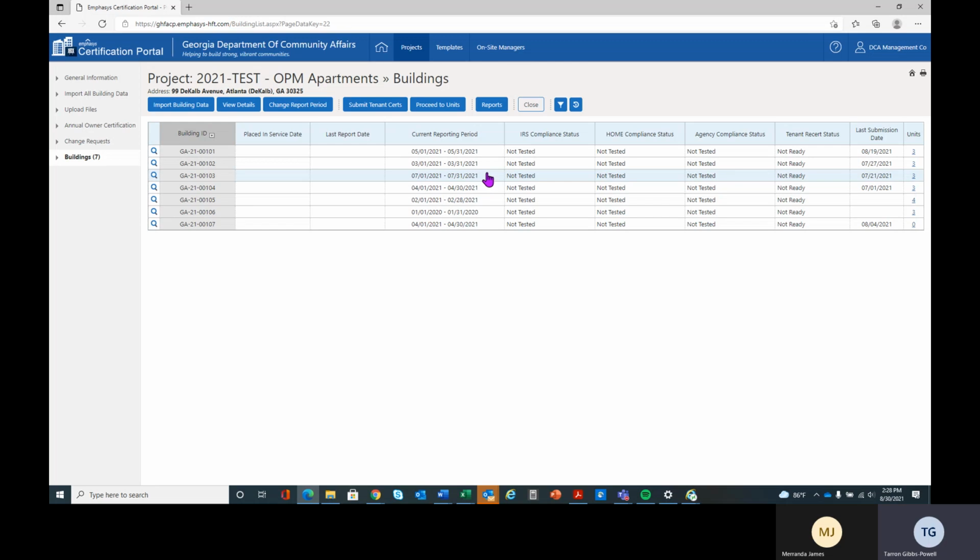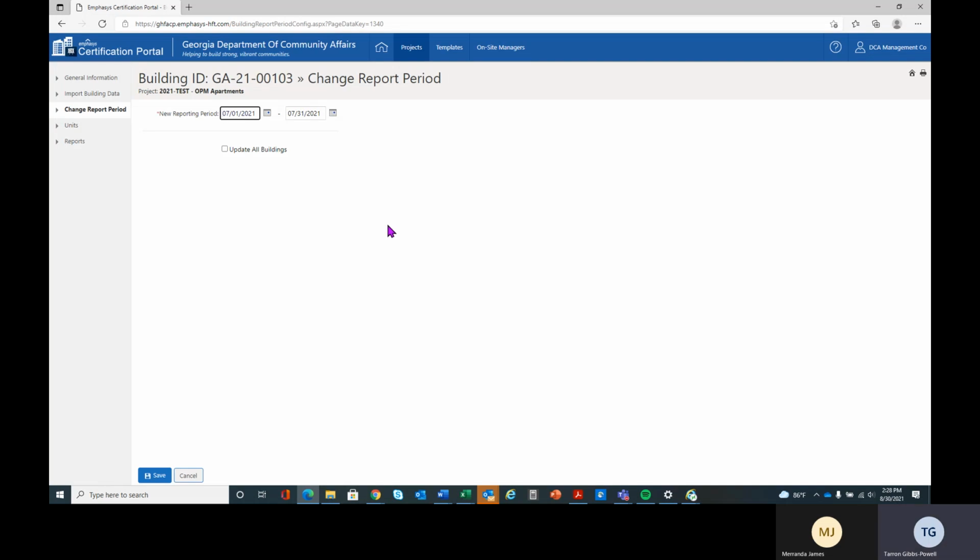So if I want to change it to September of 2021, what I would do is click on building 3, click change report period. And once I get to the report period screen, I'm going to change it to September. The reporting periods will go from the first day of that month to the last day of that month. So I'm going to input,